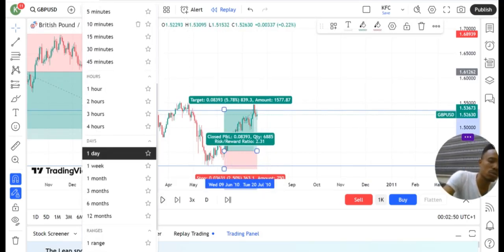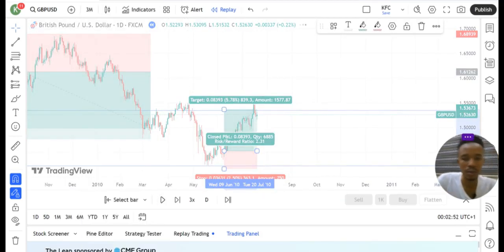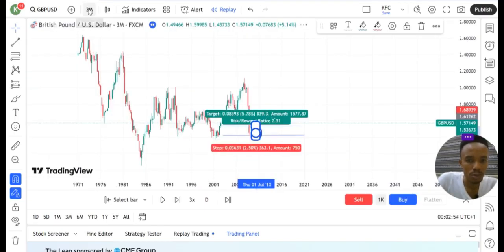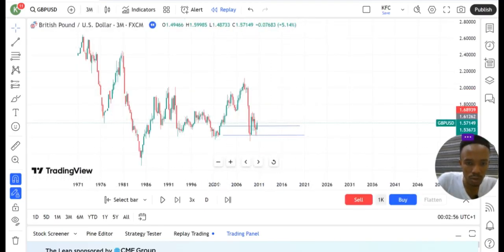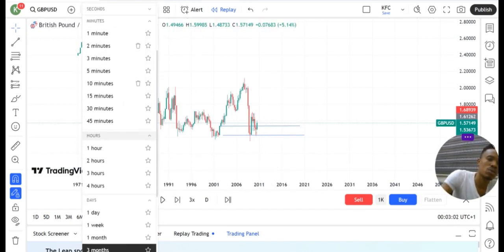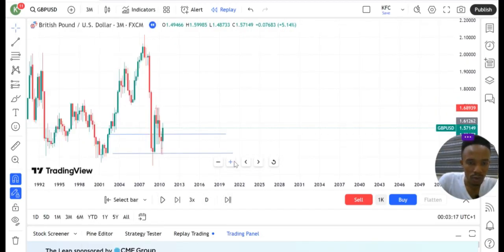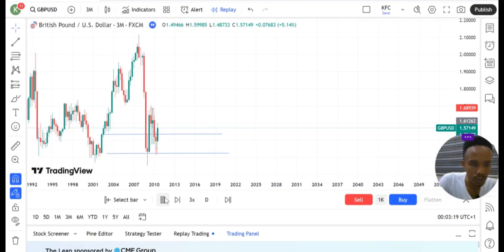Let's go back to the 3 months time frame. Sorry, 1 month, right? I think it's 1 month. So I say 1 hour, right? 1 hour, 30 minutes, 15 minutes, 5 minutes. So 4. So 3 months. Let's use 3 months. So as we are on this 3 months time frame,